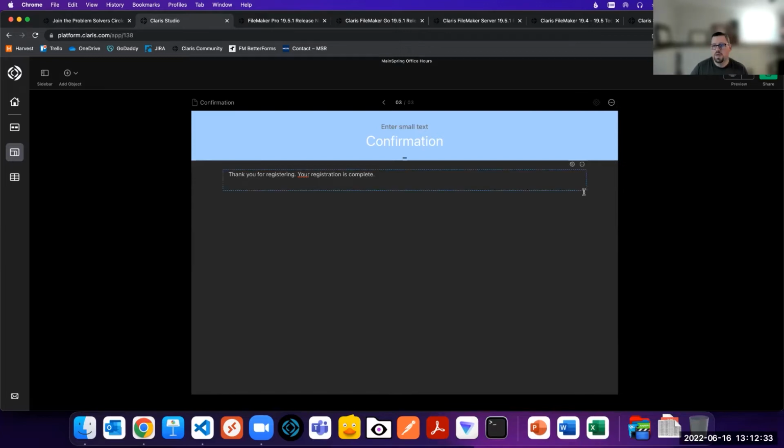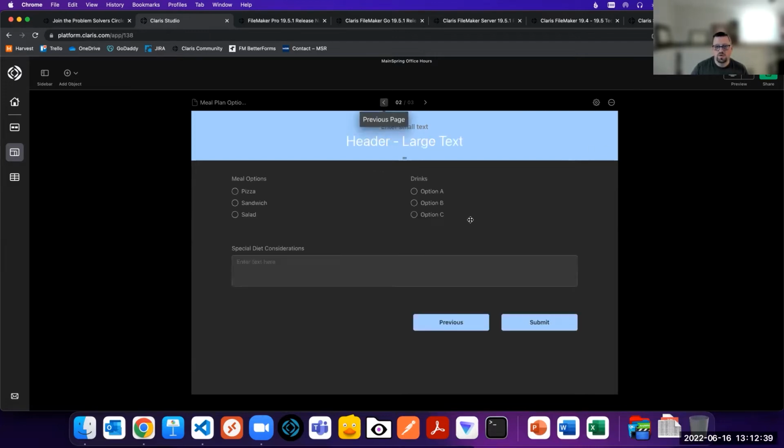So this is the basic experience right now. But in the future, obviously, there's going to be more object types. There's going to be greater abilities to control options for each field. Like right now, there's no calculation engine like we're used to in FileMaker Pro. There's no script engine that we're used to in FileMaker Pro. So really what this is geared towards right now is replacing